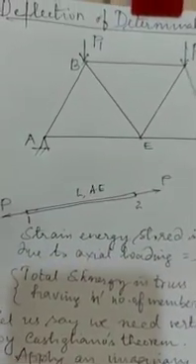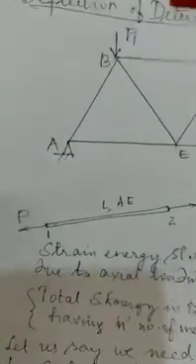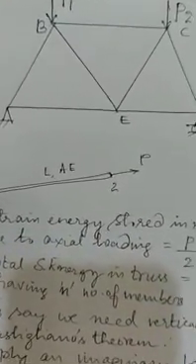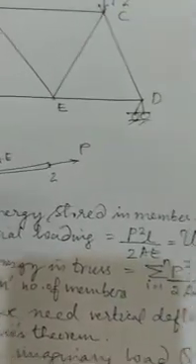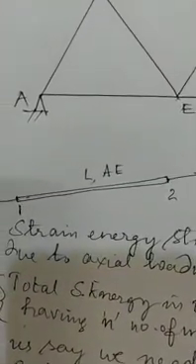As you know, members in a truss carry only axial forces, tensile or compressive. So in the present case, the member 1, 2 is under a tensile force P. Now what is the strain energy stored in the member 1, 2 due to axial loading? As the member is subjected to axial load alone,